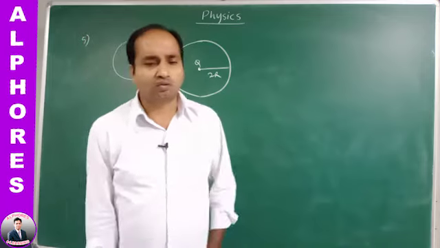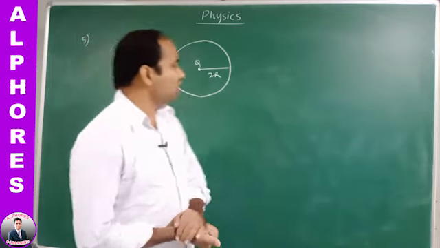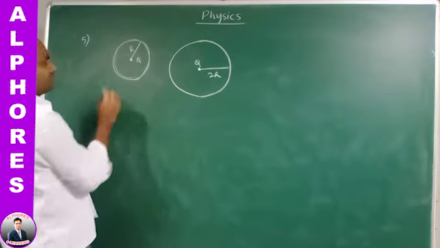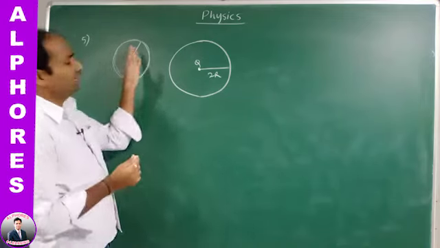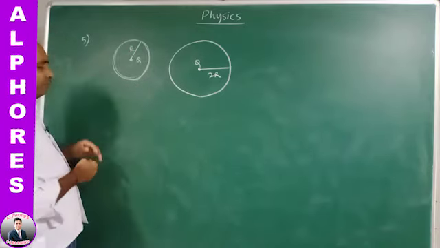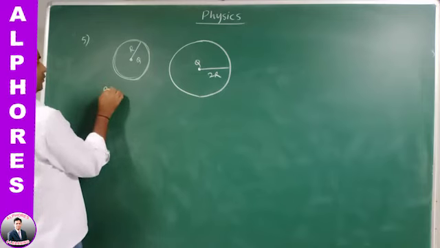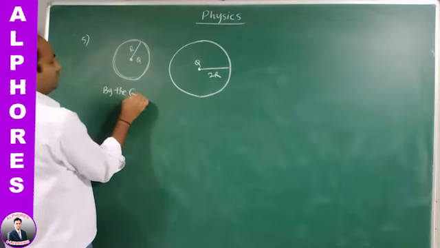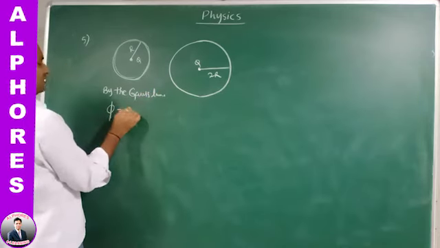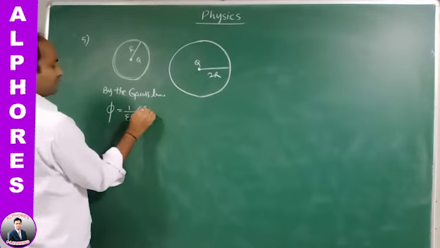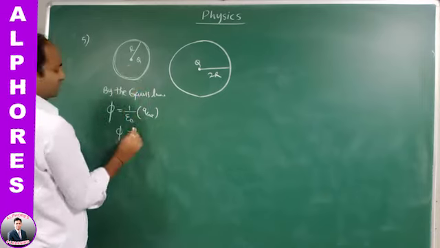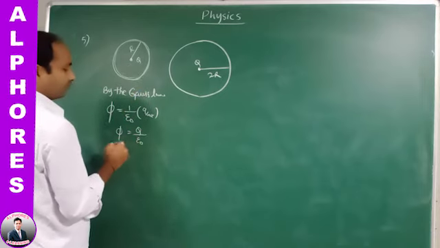Then what is the outward flux? Asking outward electric flux. Okay. See here, first of all, a charge capital Q is enclosed by a Gaussian surface of radius R. We may write the flux by the Gauss law. By the Gauss law, outward flux phi is equal to 1 by epsilon naught times the net charge. Phi is equal to net charge, which is Q only, so Q by epsilon naught.